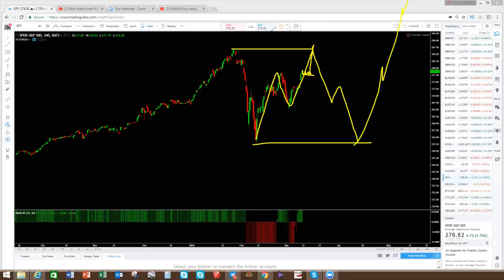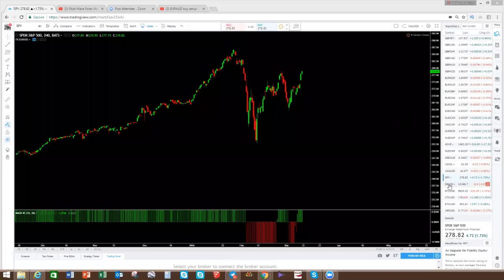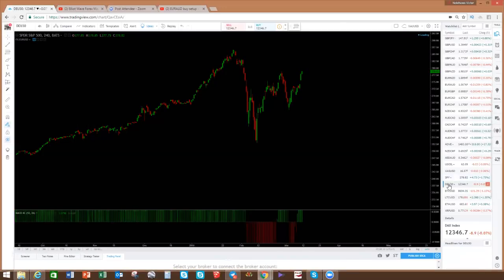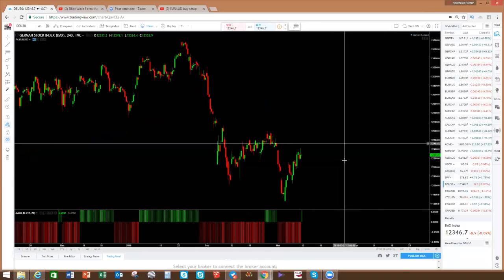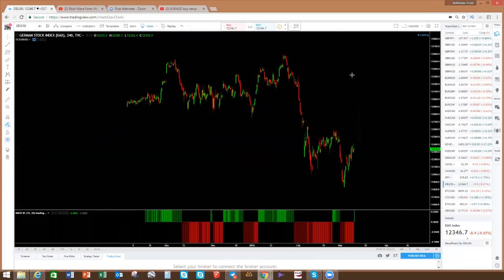So those are the 2 scenarios. A pullback here with this move will give you this move up like that. If it corrects here, you're getting the yellow one. Those are the 2 scenarios on S&P 500. Looking at the DAX,